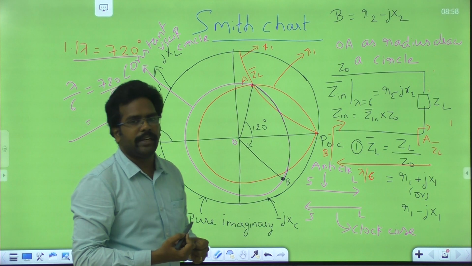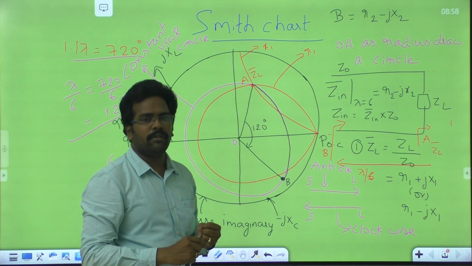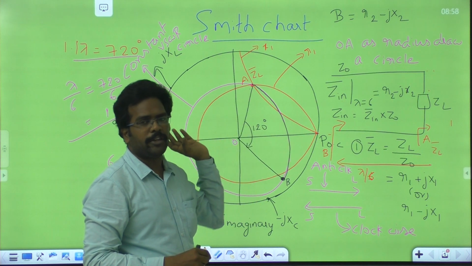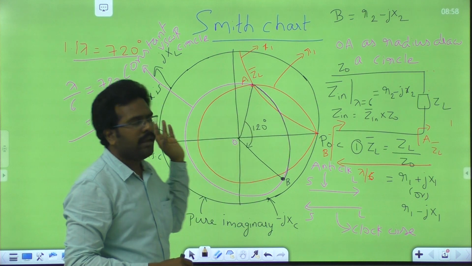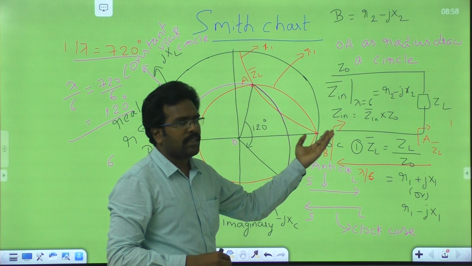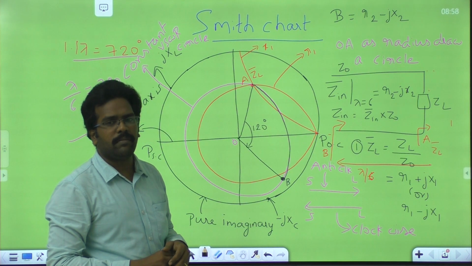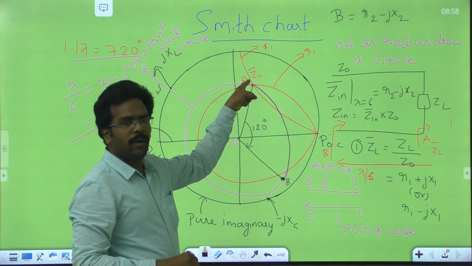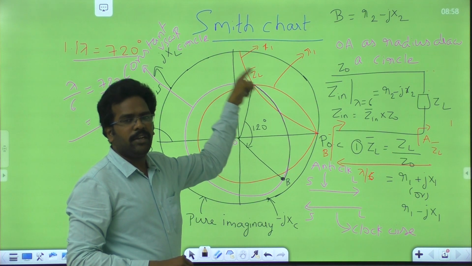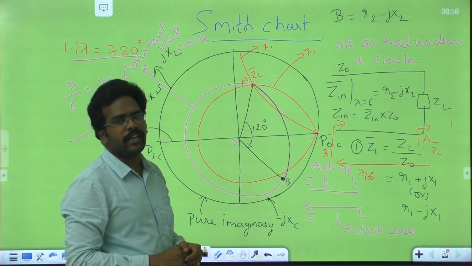So this is the third point. The first point is that the superimposition of the R and X circles gives the Smith chart, and it contains an open circuit point and a short circuit point, and 1 lambda is equal to 720 degrees. Moving on a line is the same as moving on a constant VSWR circle. So how do we get the constant VSWR circle? First plot the normalized load impedance on the Smith chart and name it point A. With OA as radius, draw a circle, which gives the constant VSWR circle.